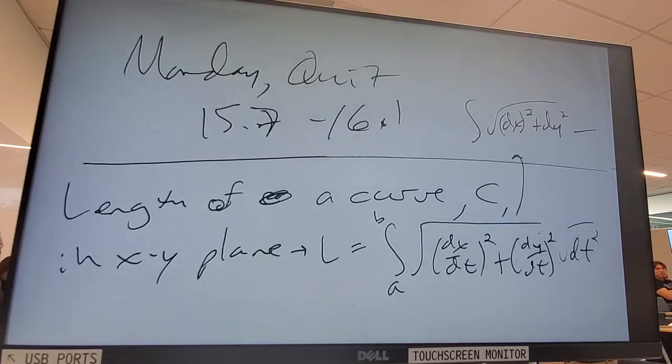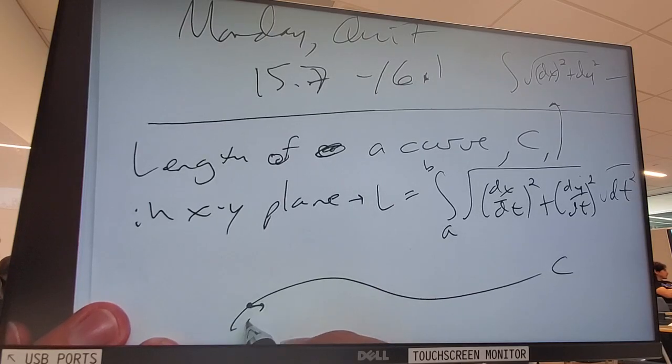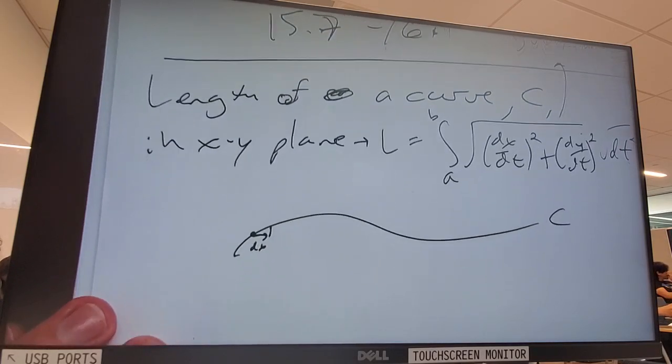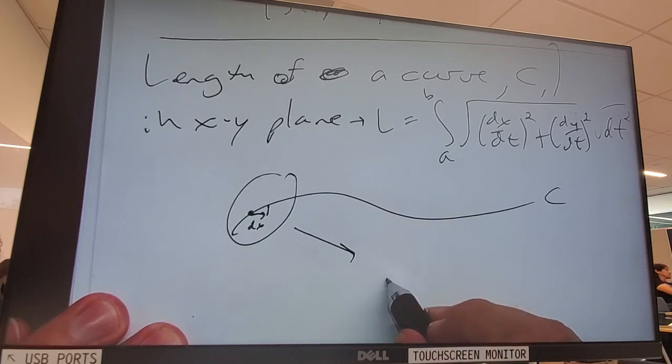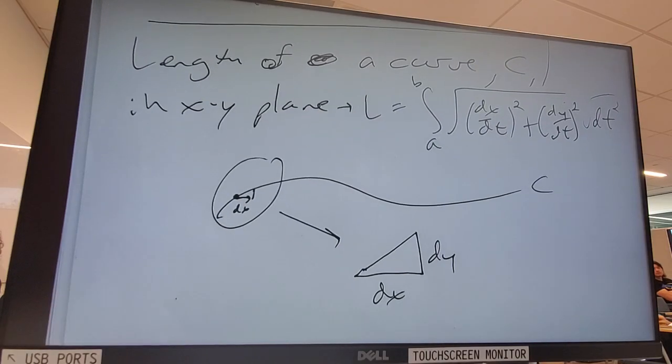So if I have a curve, and I take every little dx, dy, if I blow that up, I've got a little right triangle. And I know it's a right triangle because dx, dy means it's infinitesimally small, which means since this curve is smooth, which is one of the requirements, that's basically a straight line connecting them. Since it's continuous and smooth, it's going to be a straight line, locally linear, yes? And so it kicks ass.